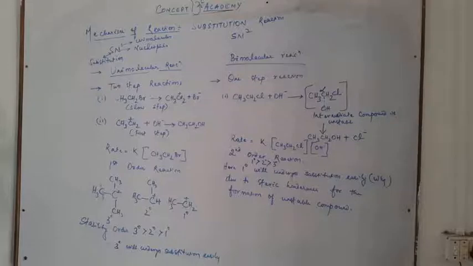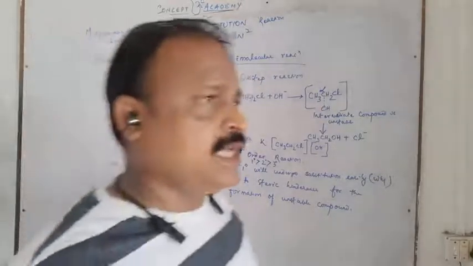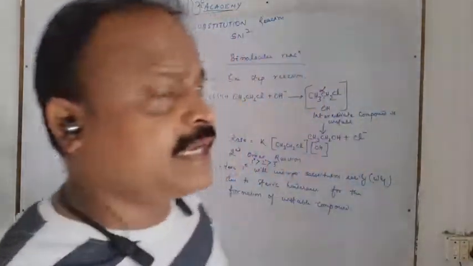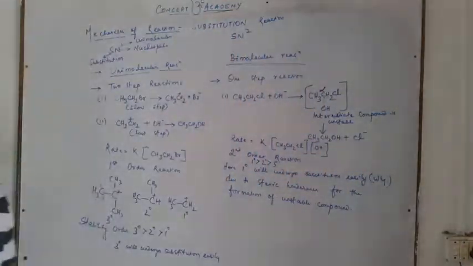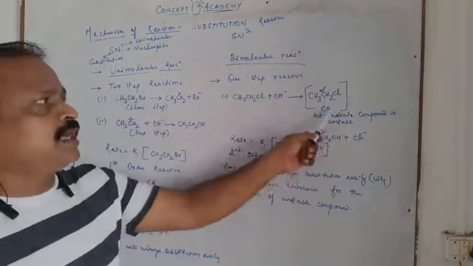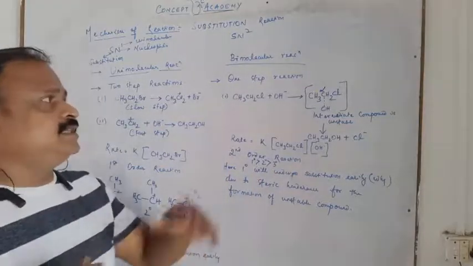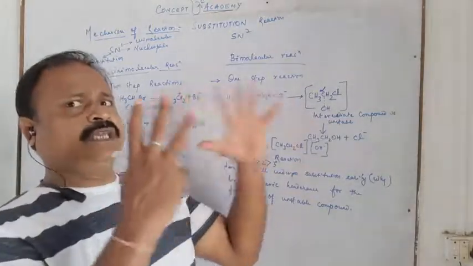In case of SN2 reactions, the attack of the nucleophile occurs from the backside on the alpha carbon. Occurs from the backside. See, here if we see the 3D orientation,